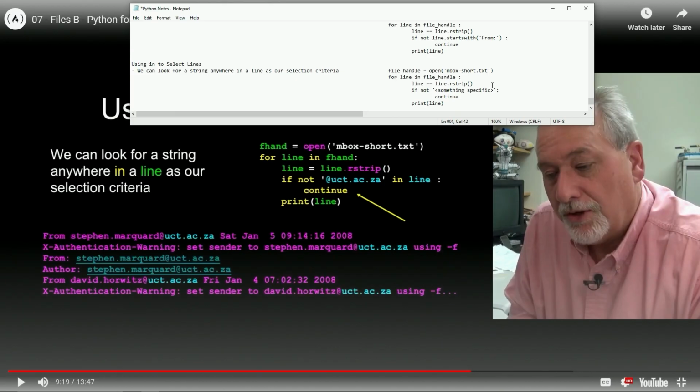In line, and then we'll say in line. We'll do that. We'll continue. Okay. If not, a string. Yeah, basically that's how that would work. Continue. I guess that's what he's talking about on this one. We can look for a string anywhere in a line as our selection criteria.